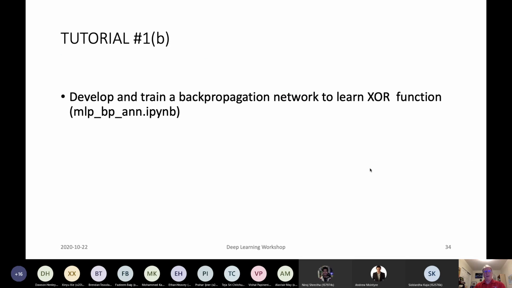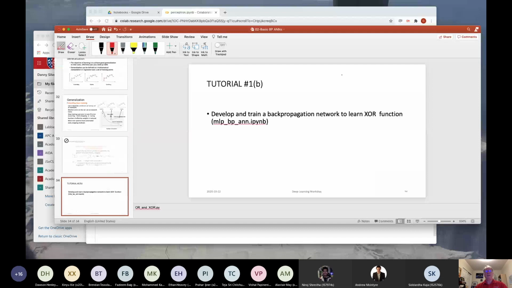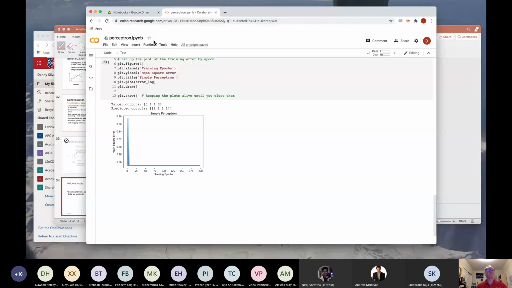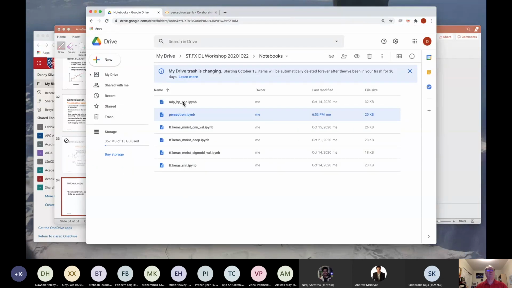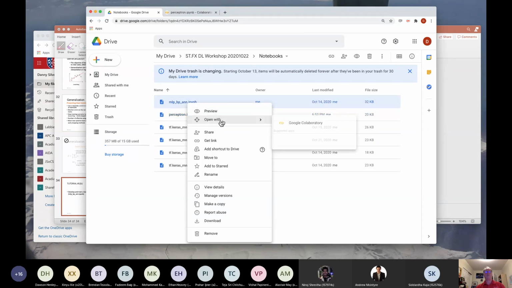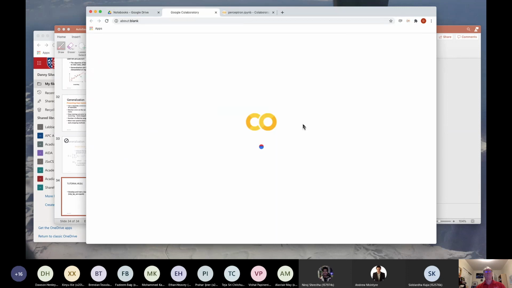So with that in mind, we're going to jump to a more complicated version of the perceptron. This is the back-propagation algorithm. And we go back into notebooks. Now have a look at the MLP back-prop-an model. Bring up this piece of code.